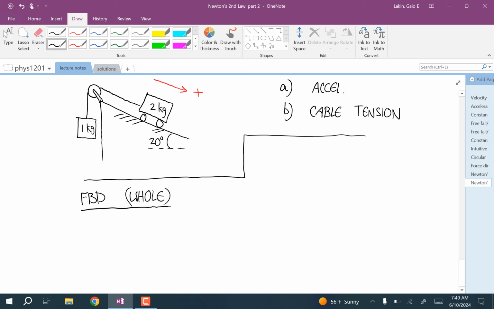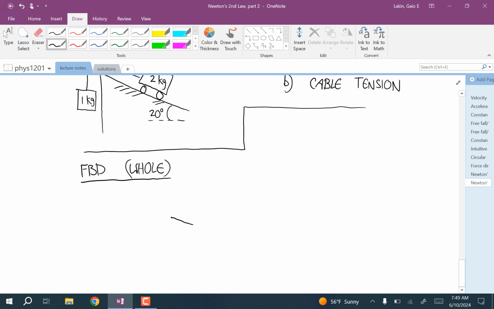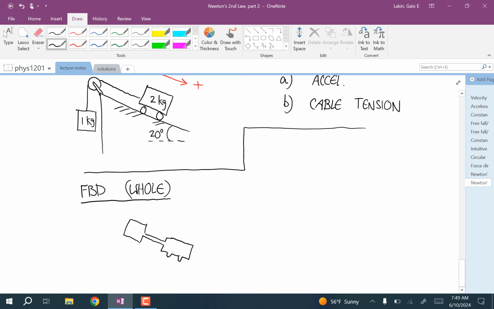For problems with pulleys like this, remember that all a pulley does is change the direction of that cable force. So you can always do these problems by just imagining that cable straight. Just rotate this body so that the cable's straight, and you have to rotate any forces as you do it. So for the free body diagram, there are the two bodies. If you straighten out that cable,